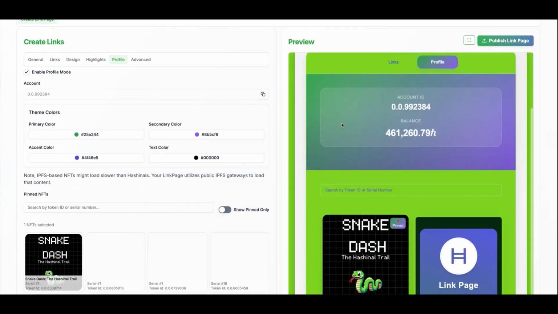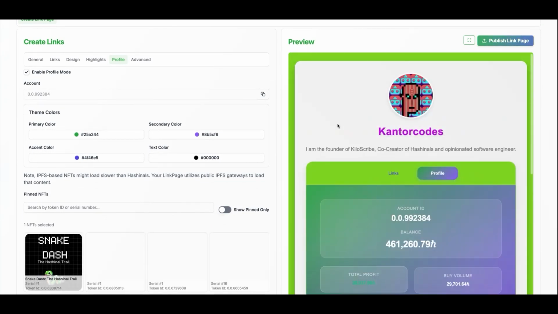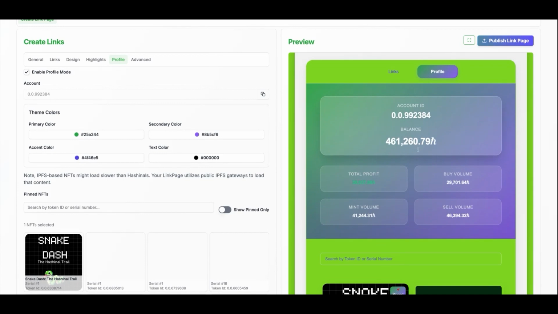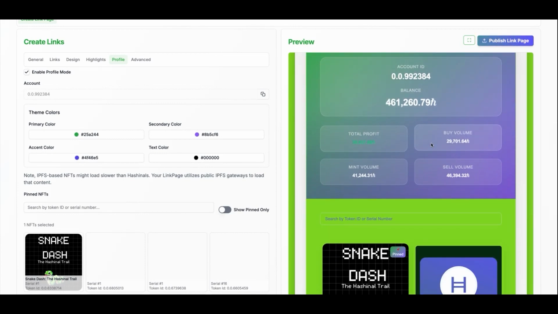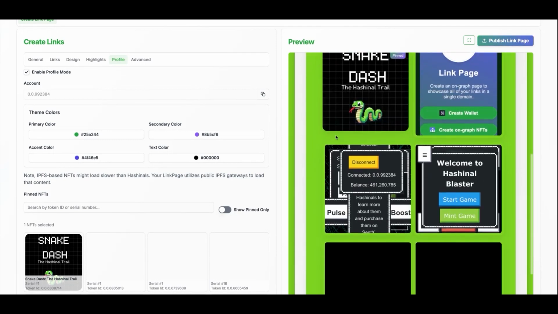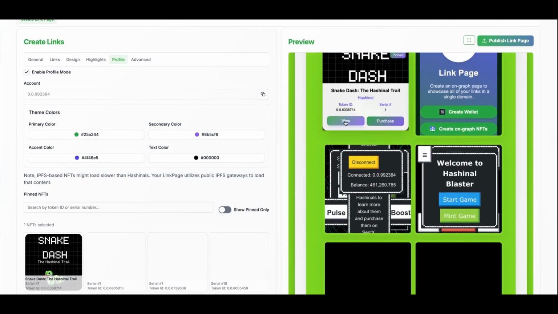The idea, again, is not to compete with anything that's out there already today, but just to demonstrate, well, you've got your link page and now you can create essentially a decentralized profile that's stored entirely on graph. So it plugs in your account ID and it pulls down your balance. It pulls down some analytics that we're getting sourced through Tierbot and all of your NFTs. And as you're going through your NFTs, you can go and view the inscribed file, or you can go and purchase it directly on SentX.